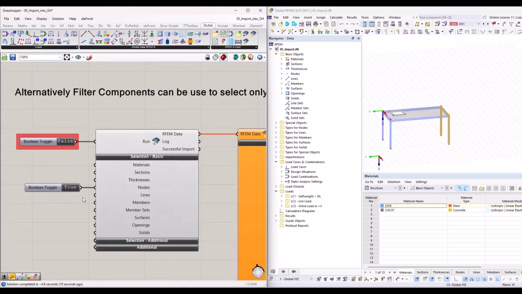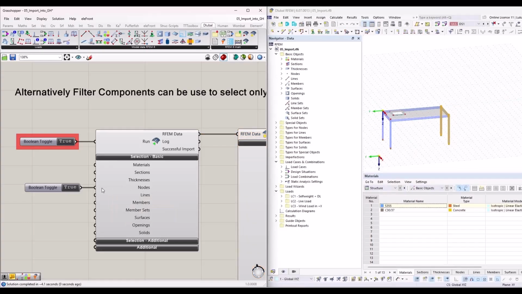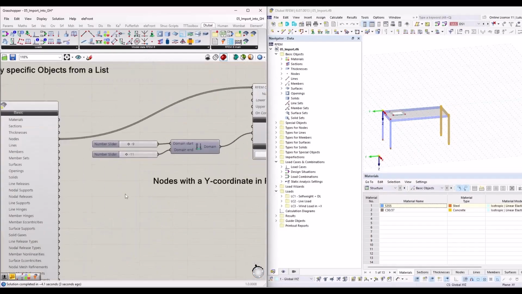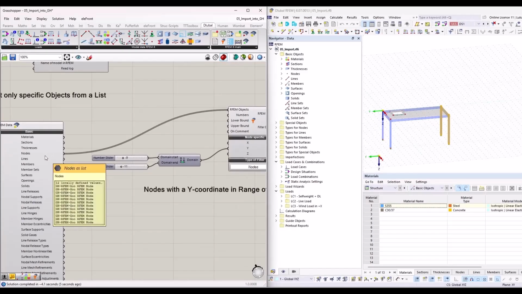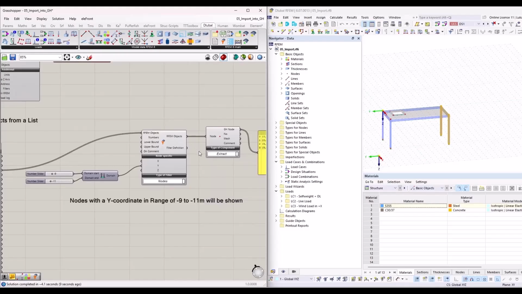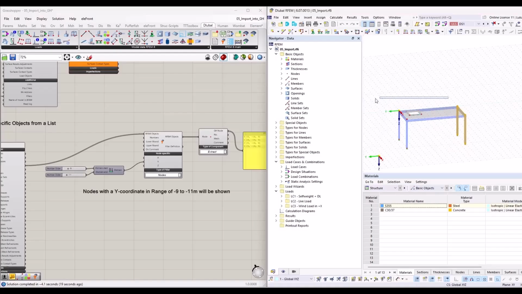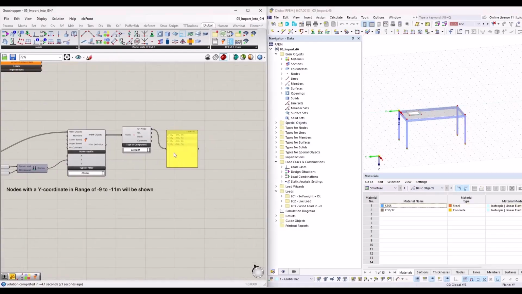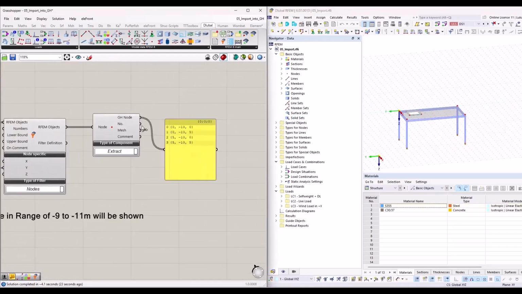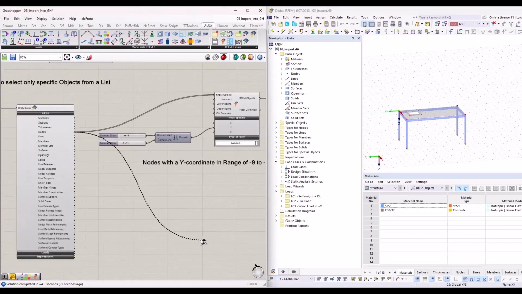So let me run the import here as well. Same example, I import all the nodes. Now really all nodes, but then I want to split up the data package for my nodes. Maybe for some reason I have a couple of branches here. I need these 4 nodes again, the same ones that I used here from -9 to -11, for something else, maybe to create a surface or whatsoever. And then you could use other nodes, again with the filter component